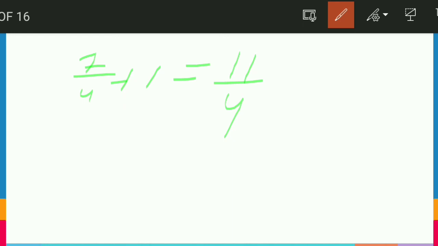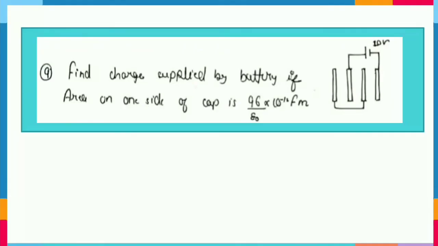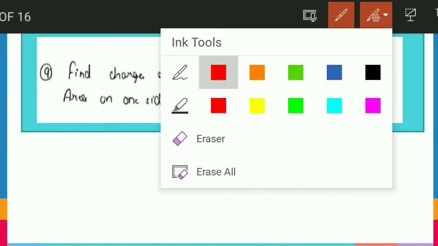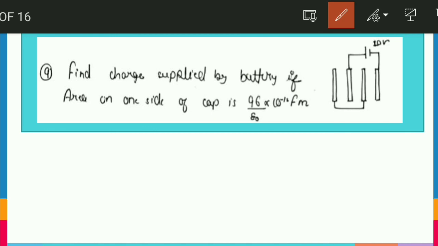So friends, I hope this question is also clear to you, so that we can move to the next question. So yes friends, let's see this question, how we have to do this. Actually friends, I have also told you this question in my part one, but to elaborate somewhat more on it, I have taken it once again.